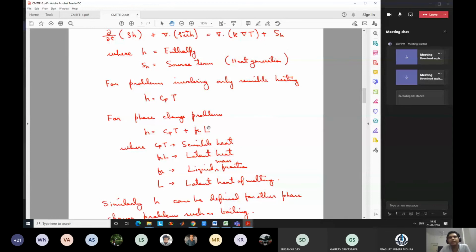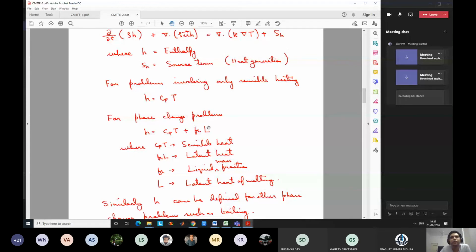So accordingly, what will be the latent heat of liquid? If I define the latent heat of solid to be zero, it has to be equal to the latent heat of melting. You know what is latent heat of melting, right? You have studied in basic thermodynamics or heat transfer, wherever. It is the energy required to melt 1 unit mass of solid, right? 1 unit mass of material. So if I define the reference to be solid with zero latent heat, my liquid has latent heat L.